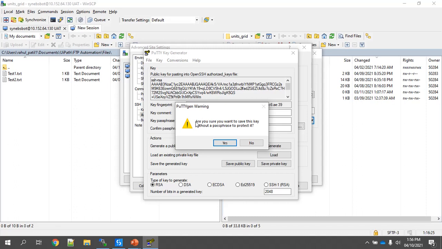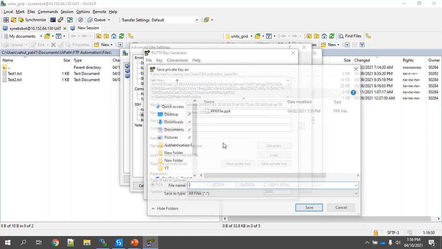Then a pop-up will appear, which is a warning, asking: are you sure that you want to save this key without a passphrase to protect it? If you want, you can provide a key passphrase, or you can proceed without it as well. So we will proceed without a passphrase.